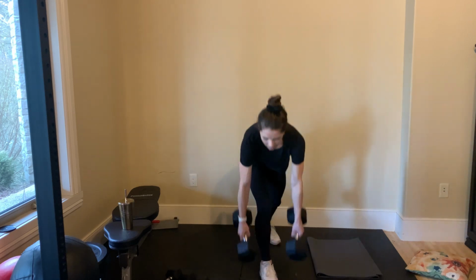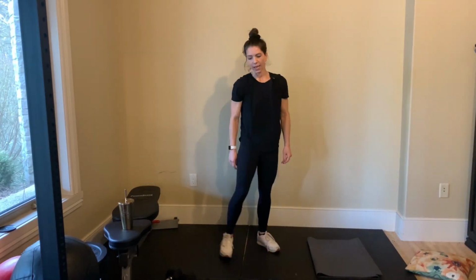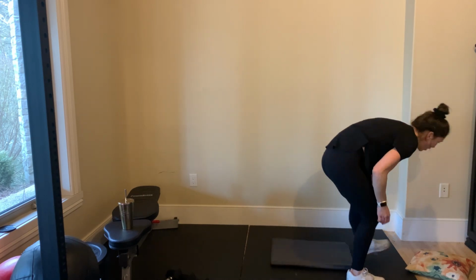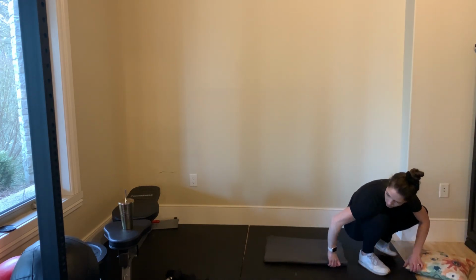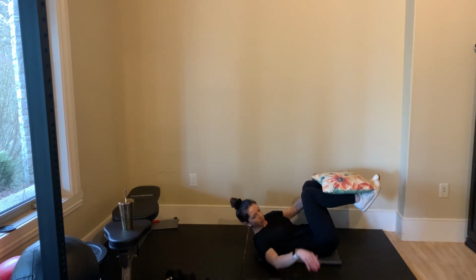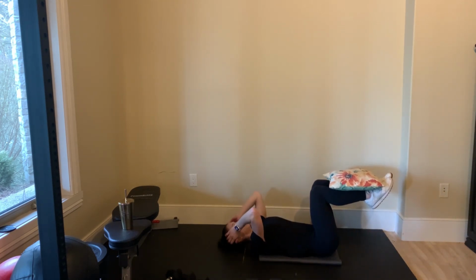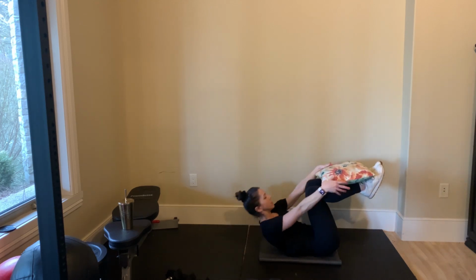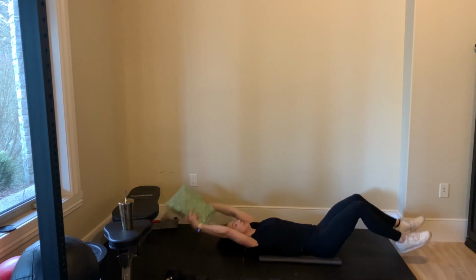Amazing. Okay, last one. We're doing the pillow pass or ball pass. Okay, 5 seconds. I'm going to try to amp it up here a little bit. So crunching up, extending those legs down